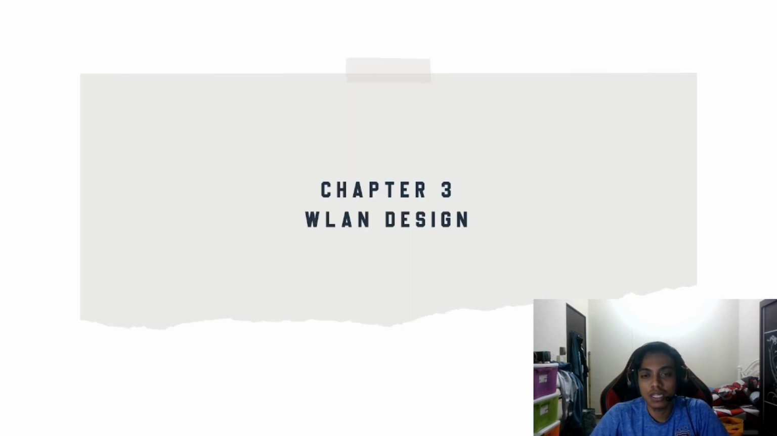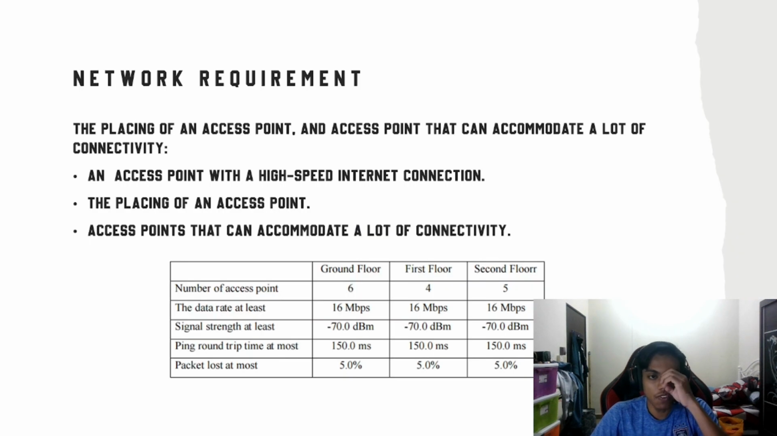Right, for chapter 3, which is WLAN design, for network requirements: the placing of an access point that can accommodate a lot of connectivity, an access point with a huge high-speed internet connection. As you can see here, the number of access points, the data rate, signal, ping round trip, and at most packet loss